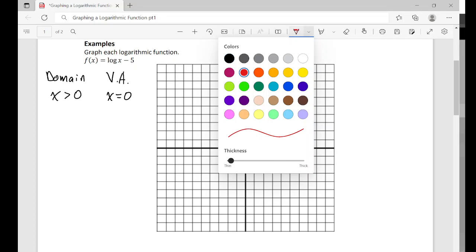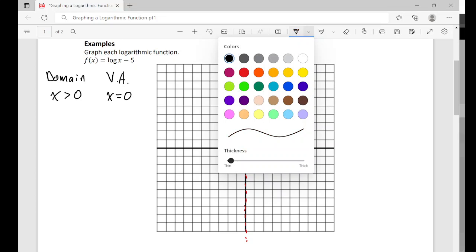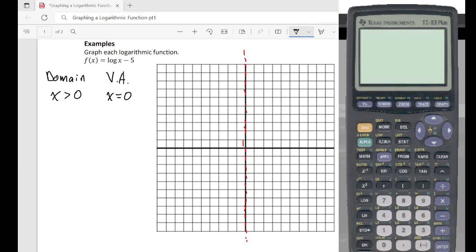So I can go in here and graph my vertical asymptote. I'll use red to signify it, and as a dotted line so I know I'm not graphing it, right here. Now that I have done that, I am going to plug my function into the calculator. So I plug the function into y equals, and I'm going to do log x